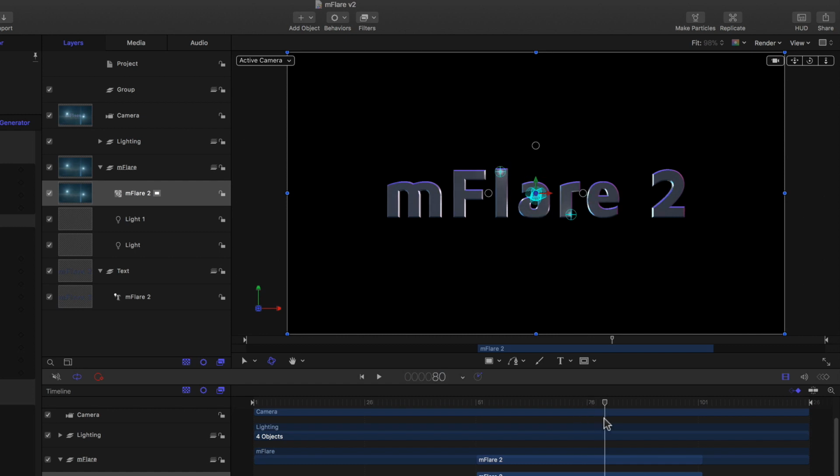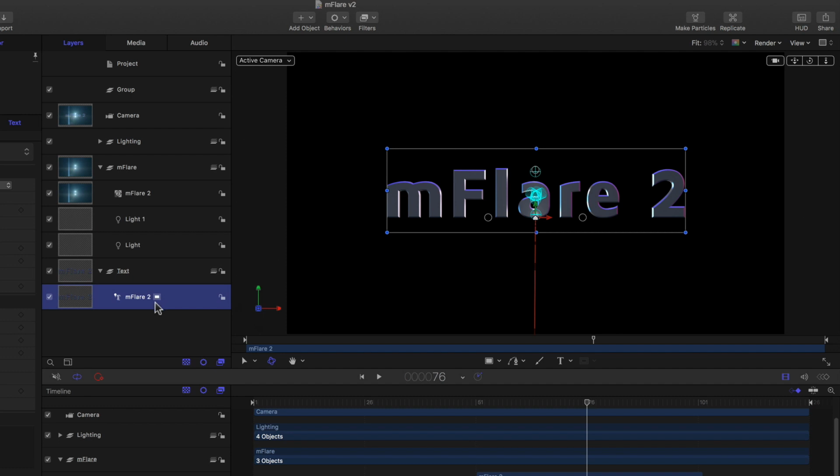Why is that? Well, if we select the type layer, we can see by its bounding box that it's, of course, only a fraction the size of the whole frame. But mFlare, again, due to certain restrictions under the hood, has to assume that this is a full frame image and treats it that way. To see exactly what this means in the context of the brightness mat, we simply need to turn on the